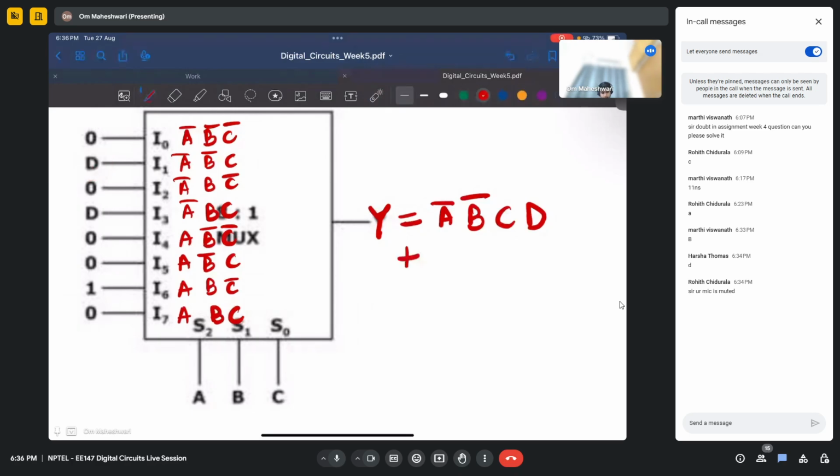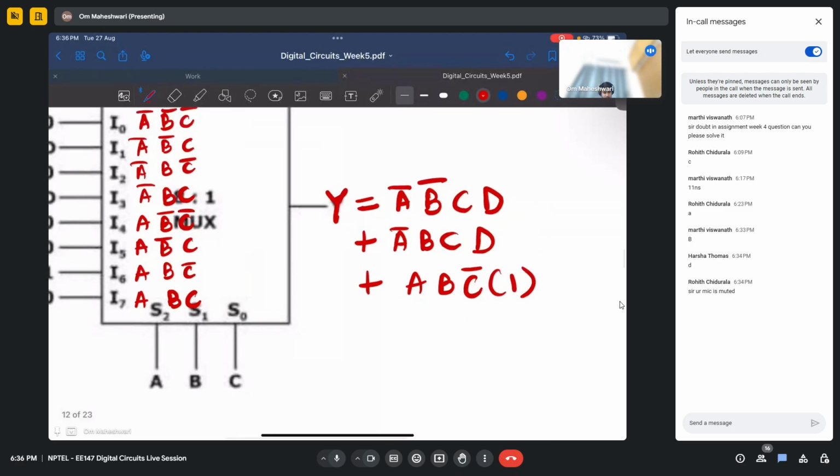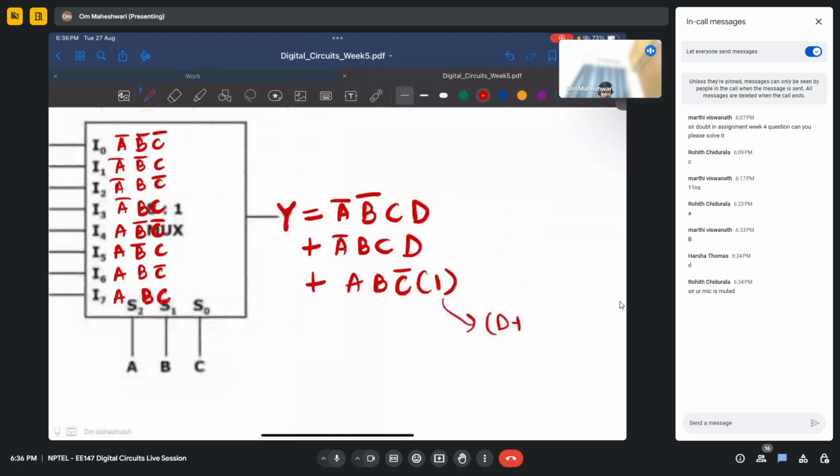Plus we will have A bar B C D plus A B C bar into 1. And this 1 is nothing but D plus D bar, right? So what we can write is,